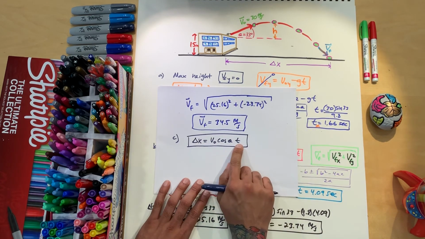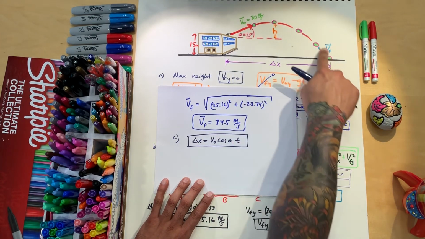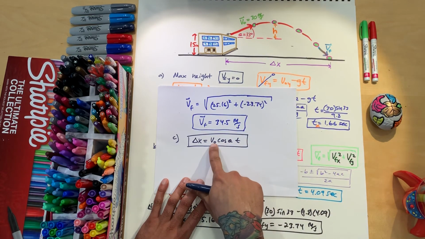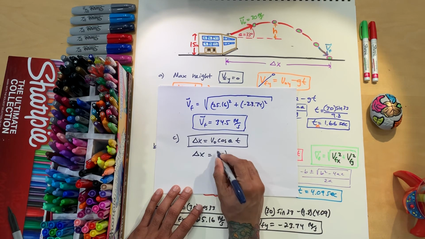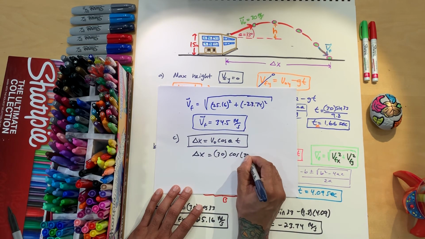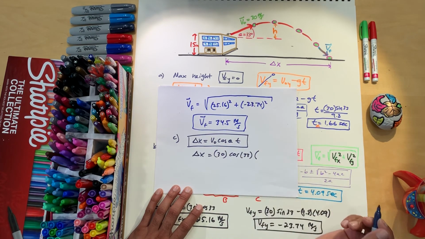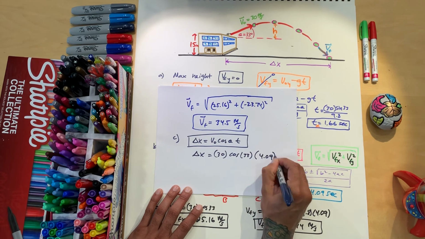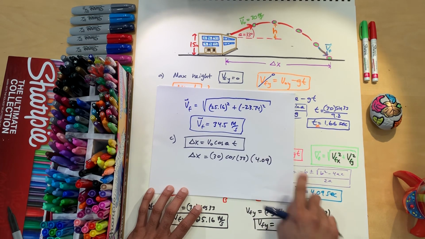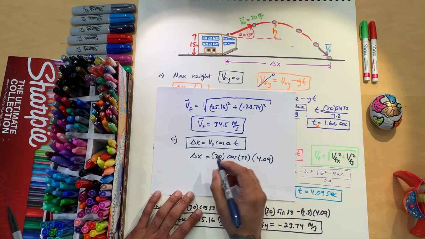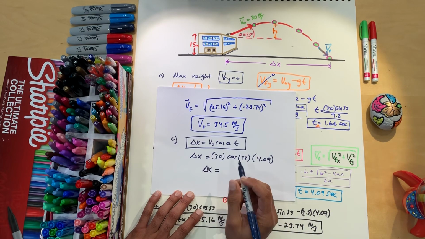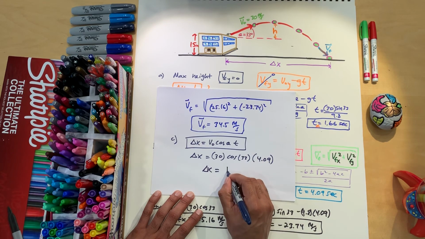We have the total time that we need. We have the theta and we have the initial velocity. So we got 30 cosine of 33, and the time we're going to use is 4.09 seconds, which is the entire length. All right, so plugging that in, now delta X is equal to